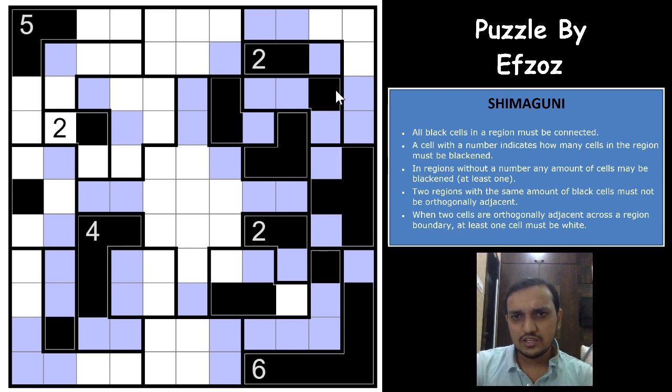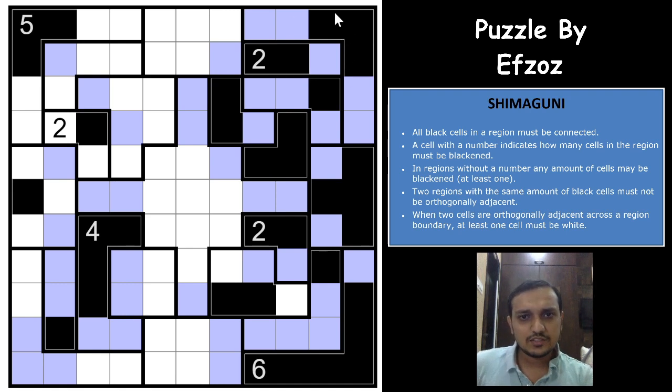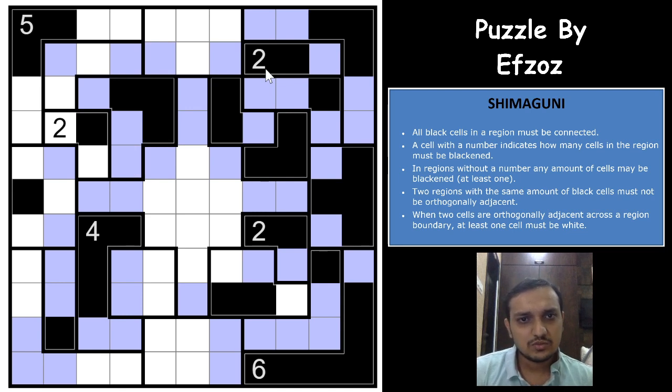And this region cannot have 2 shaded cells, cannot have 1 shaded cell, means it has to have 3 shaded cells, and all these 3 will have to be shaded. Superb. Again, excellent logic here. This region, if you see, cannot have 2 shaded cells, because you already have this region with 2 shaded cells. It needs to have only 1 shaded cell. So if you have this region with 2 shaded cells and this region with 1 shaded cell, this region would either be 3 or 4. 4 is not possible, it has to be 3, right? And excellent.